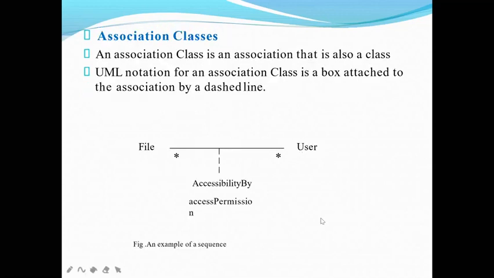If I move towards one more concept, that is association classes. What is this association class? This is nothing but a kind of class where you attach a box, okay, with a dashed line. So if you attach any dashed line, that is known as your association class. This is also a class which is present inside the association itself. We are not going to write a different class for that. So this is known as an association class. The UML notation is a dashed line.